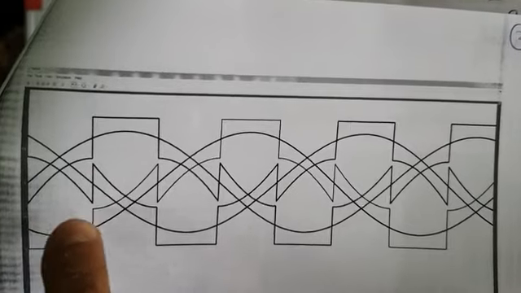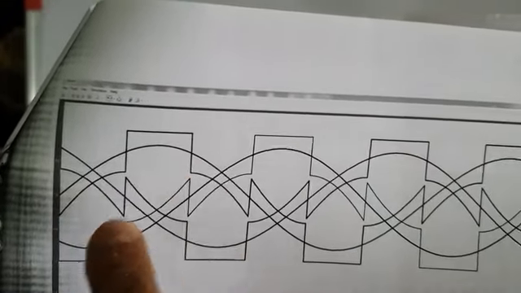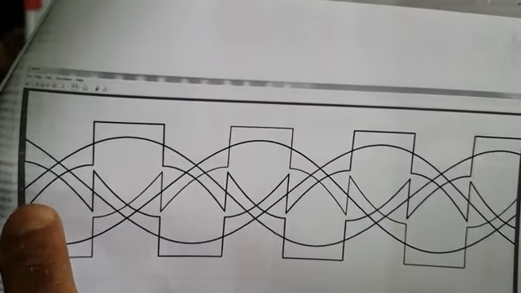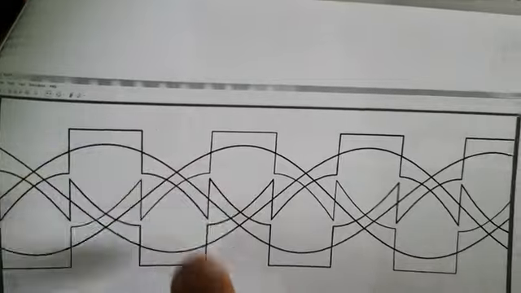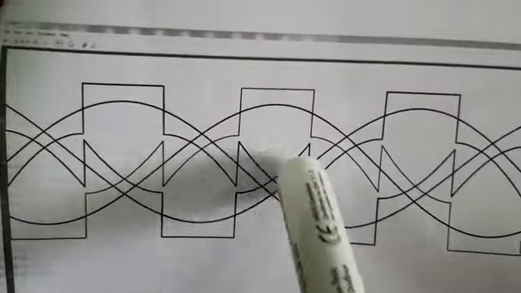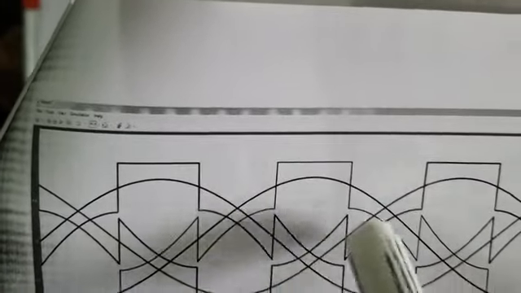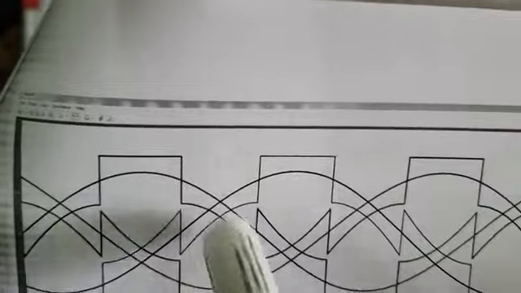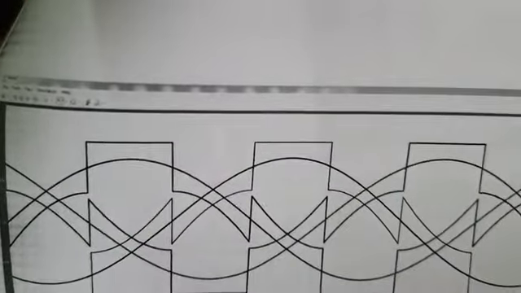For example, these are the waveforms for modified reference waves. This is MR star. You can see this is MR star. The same way I have just a few moments back shared with you. This is MY star and this is MB star. Positive half cycle, negative half cycle, positive, negative, and positive, negative half cycles. And these are the simulation results.